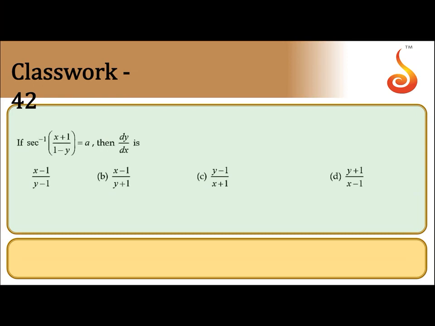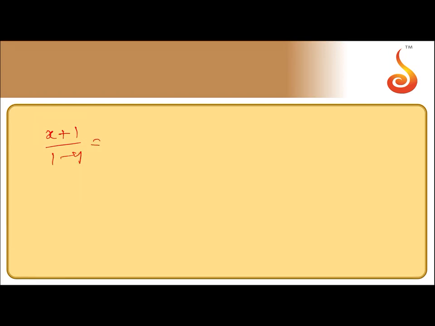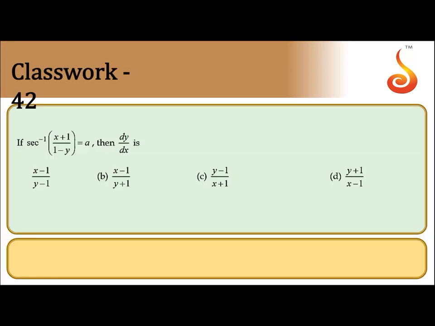Coming to the next one, 42. Secant inverse of (x plus 1) by (1 minus y) is equal to a. So why can't you take out the secant on the right side? You can write (x plus 1) divided by (1 minus y) is equal to secant a. So x plus 1 is equal to secant a multiplied by (1 minus y), keeping secant a as a